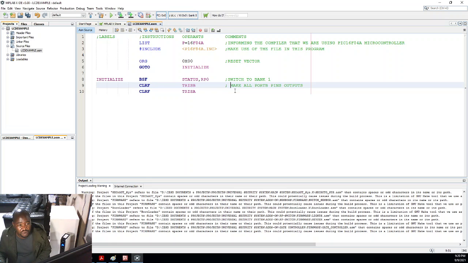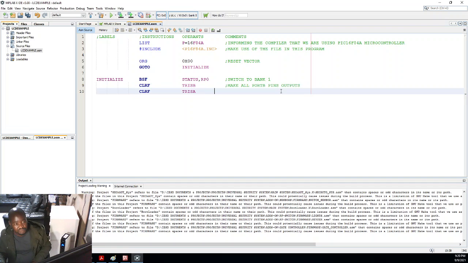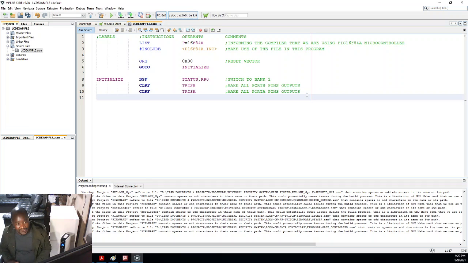Make all port B pins outputs. Do the same for port A. Make all port A pins outputs. Right. Now, for my timer 0, I'm going to move